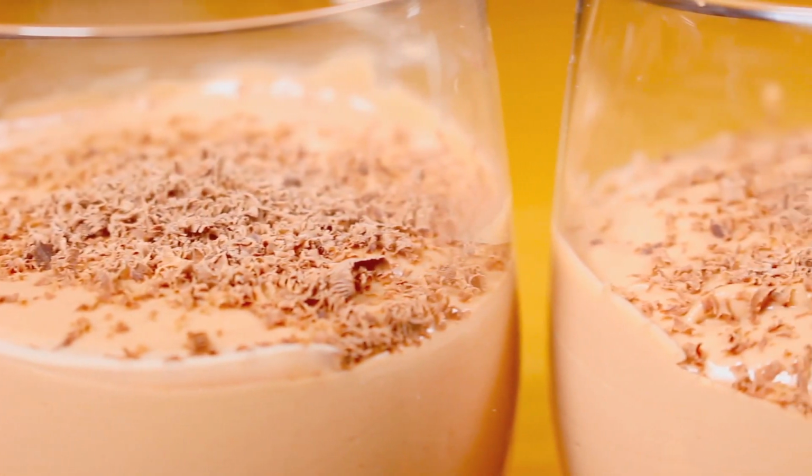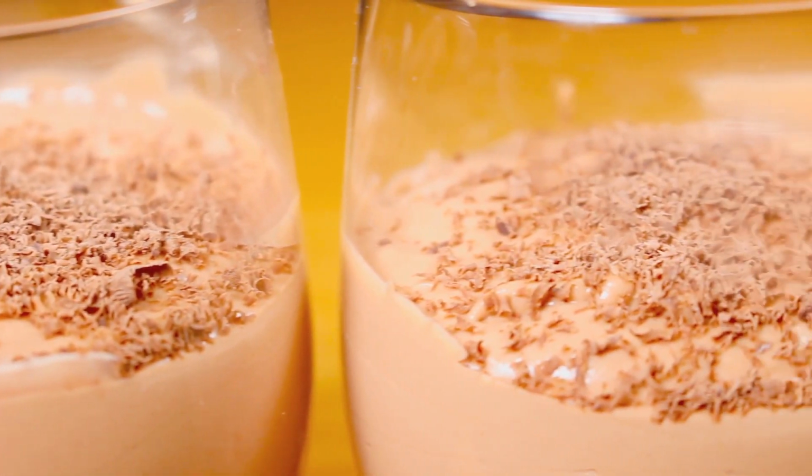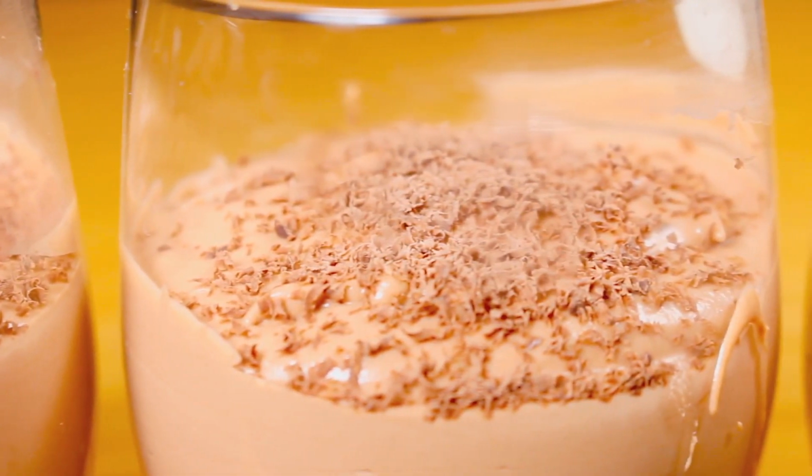Would you believe it? 2 simple ingredients and just a few minutes to prepare and you have this deliciously creamy